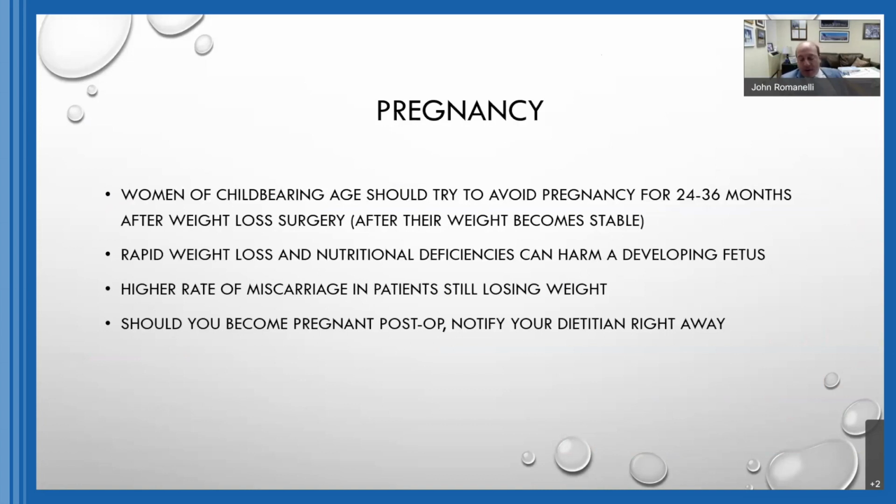The second is that it's very common as you lose weight to gain self-esteem. So, sexual activity tends to increase in the weight loss period because you feel good. Your body feels good and you feel good about yourself. So your interest in sex is going to go up. So be very careful because pregnancy can happen even if you don't intend it. So it's important to talk about this.